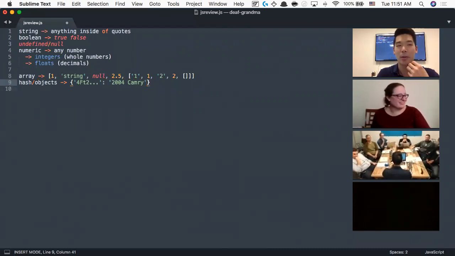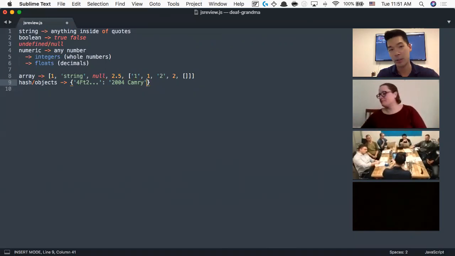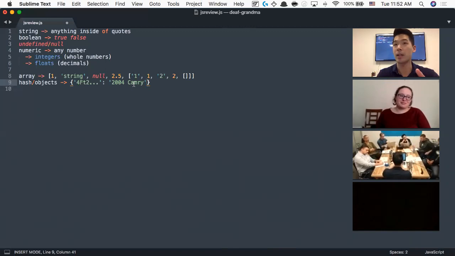Okay, yeah. I mean, they're all the same. It's a Ruby hash, it's a Python dictionary, it's a JavaScript object. But at the core of it, it's inside of curly braces, and it just keeps track of key value pairs. So a specific key corresponds to a specific value. If you were thinking of a database of the DMV, if you had to keep a database of